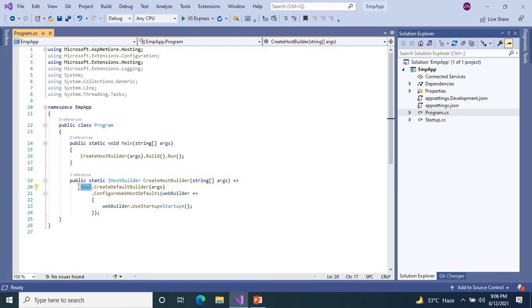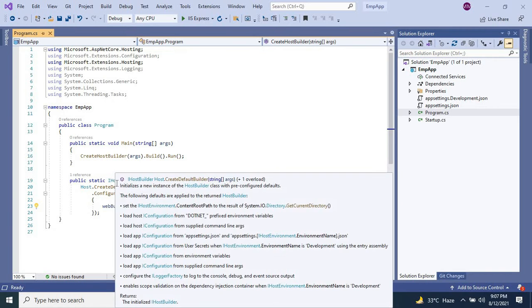Within the Main method, on the IHostBuilder object, the Build method is called, which builds a web host, and then it hosts the ASP.NET Core web application within the web host. And finally, on the web host it calls the Run method, which will run the web application, and it starts listening to incoming HTTP requests. You can see over here, while setting up the host, the Startup class is also configured using the UseStartup extension method of the IHostBuilder class.